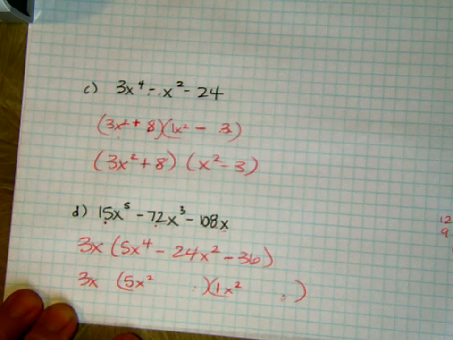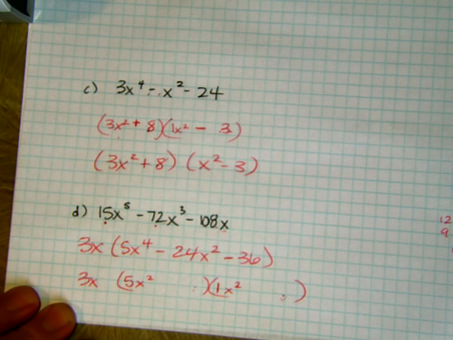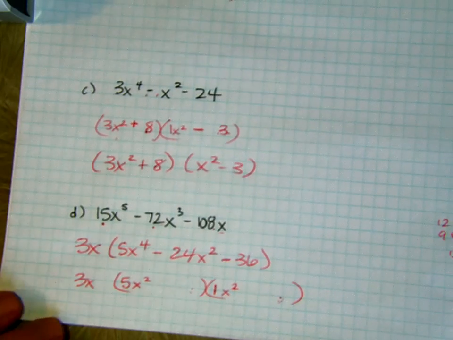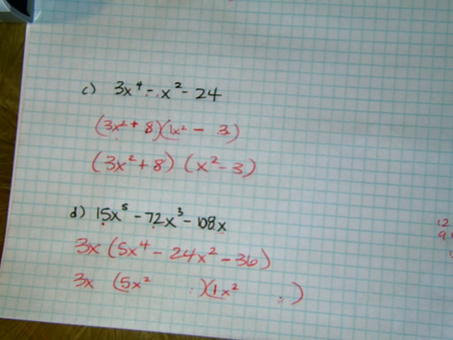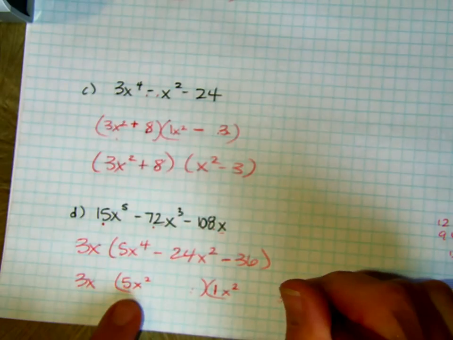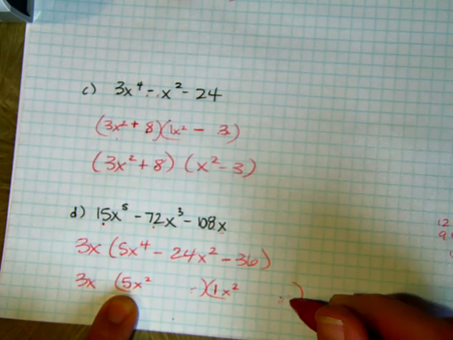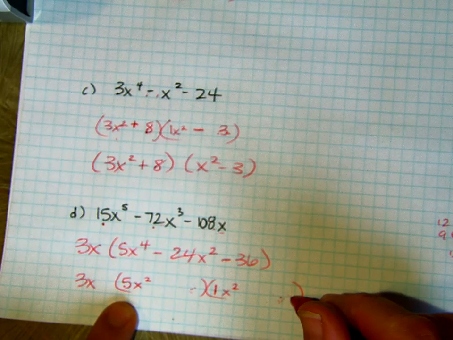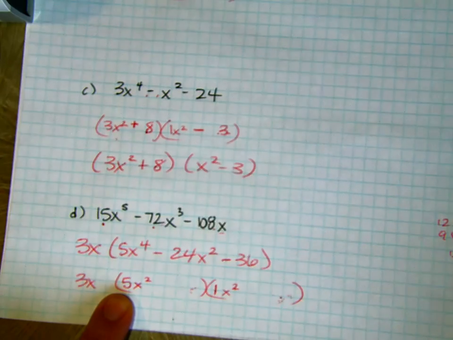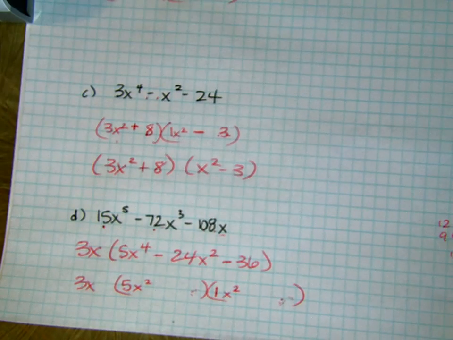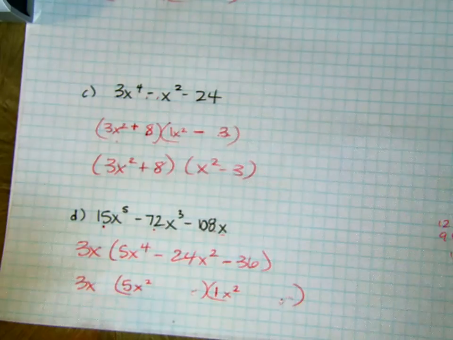Shoot. I can't come up with that off the top of my head right now, and I don't want to prolong this video anymore. Am I missing one? 36 and 1. That doesn't seem right. If I put a 4 here and a 9 there, 4 times 5 is 20, and 9 does not give me 24. If I put a 3 here and a 12 there, 3 times 5 is 15, and 12 do not give me 24. If I put a 12 there, a 60 and a 3,